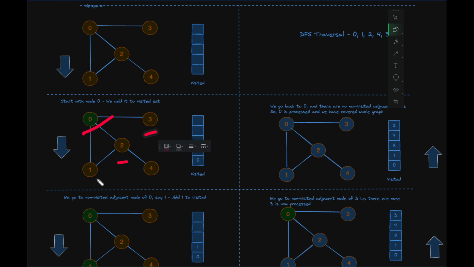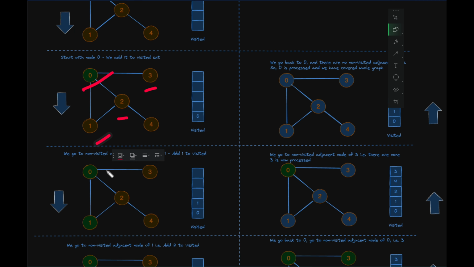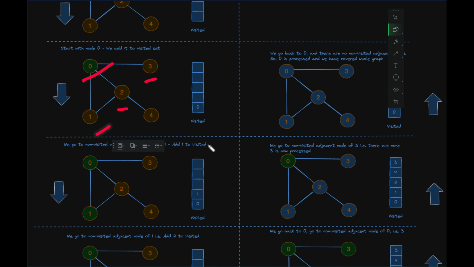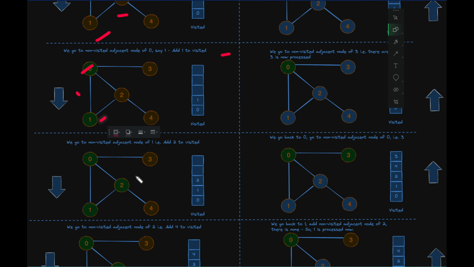So suppose we picked 1, right? And we will just do the call to DFS recursively again, and mind you, we have not completely processed the node, so that's why I have not marked this as done. So now we will go to 1 and add it to the visited as well. But before processing it, we have to look for any adjacent nodes which are not yet visited for 1, and the answer is yes, it is 2, right? So we will again add 2 to the visited one,